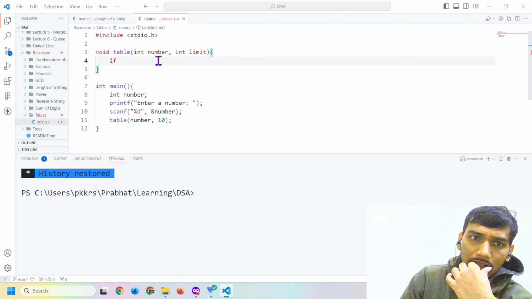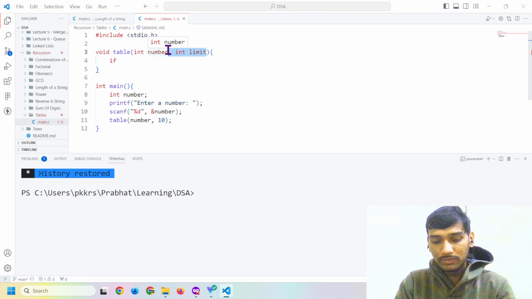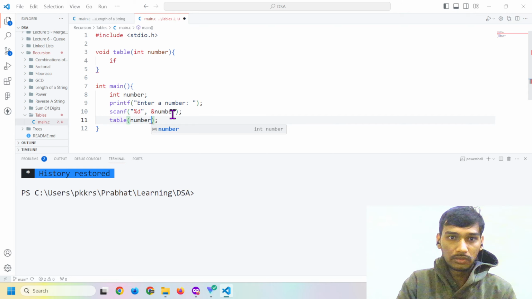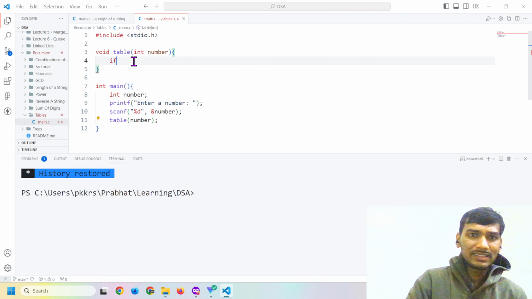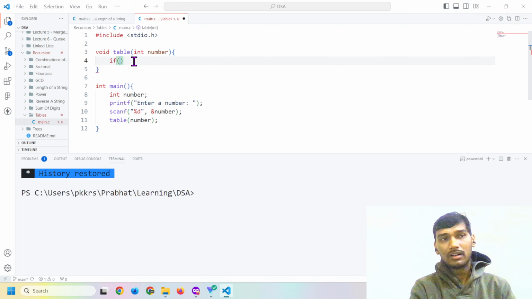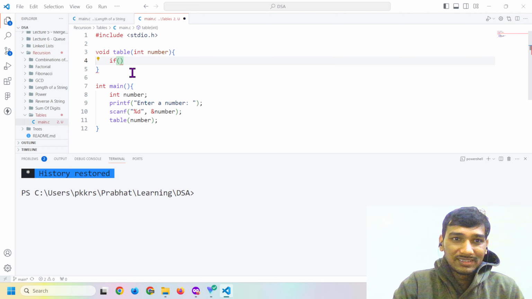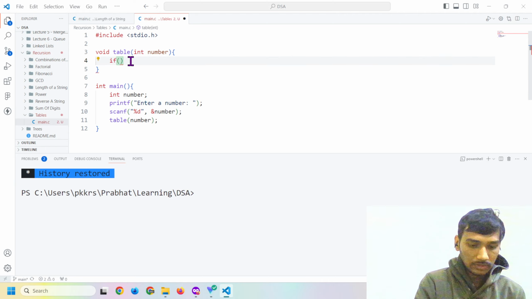We have to start from 1 and then we can start incrementing, right? But the base case should be 10. I think we should be fine without limit. It is not too clear to me, but for now let's just do it like this,